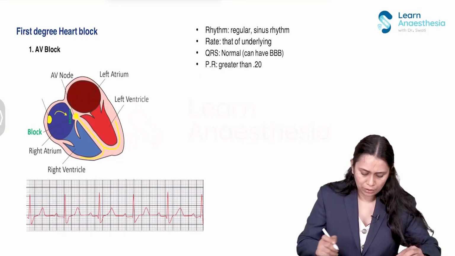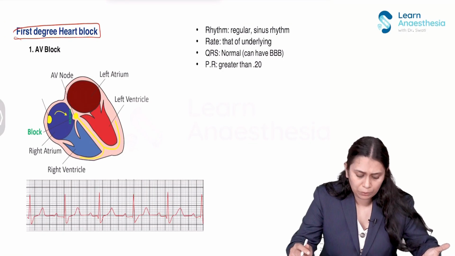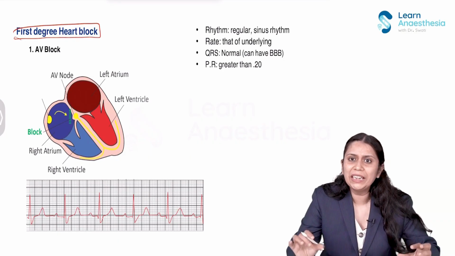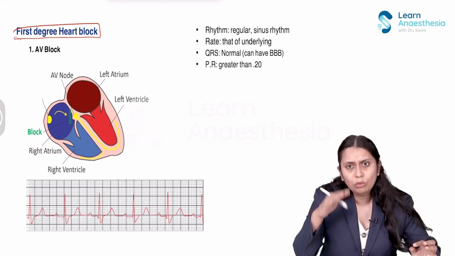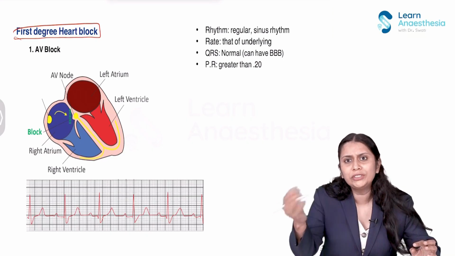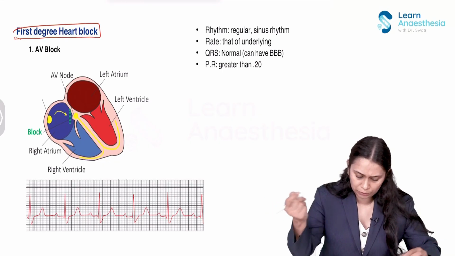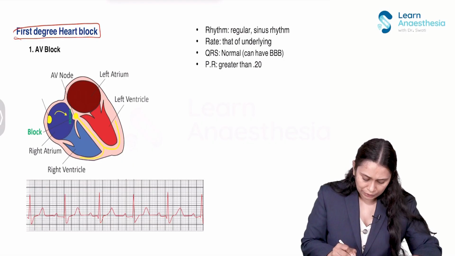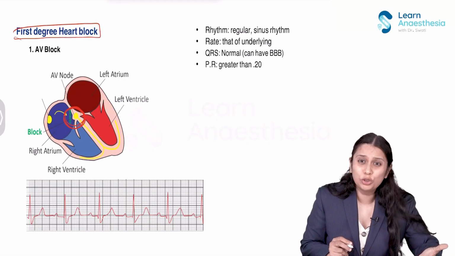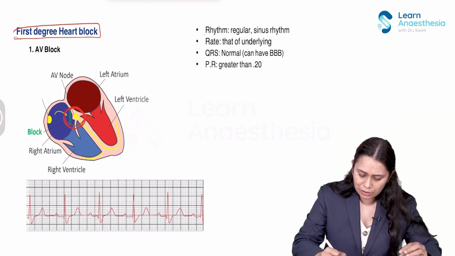Now let us talk about first degree heart block. Exactly, this is not a heart block. This is just an AV node delay. The delay happens in the AV node, and the only difference of sinus bradycardia from first degree heart block is the PR interval, which gets prolonged in first degree heart block. So here also in first degree heart block, there is a delay in the AV node. We shouldn't call it a block, just a delay in the AV node. So what happens? The rhythm is regular